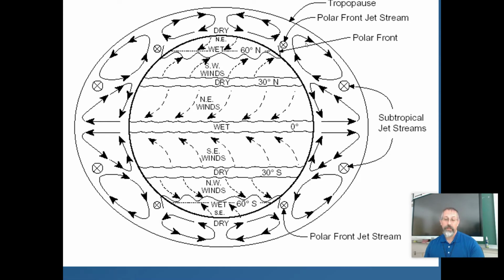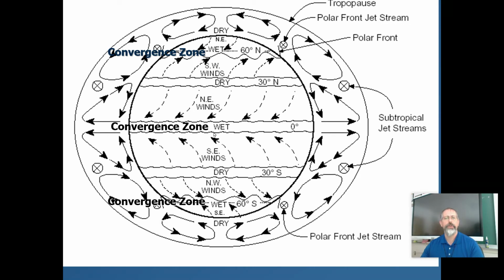So there are often some questions on the Regents about this, and they're very simple. You just have to find the right latitude, like the equator, let's say, and it might ask, is the air rising above it, or is it a convergence zone? As long as you know convergence means come together, you can look and say, oh, there's the equator, winds are coming together, and they're rising off the surface, and that leads to a wet climate. So it tells you a lot on the diagram. You just have to be able to interpret it.